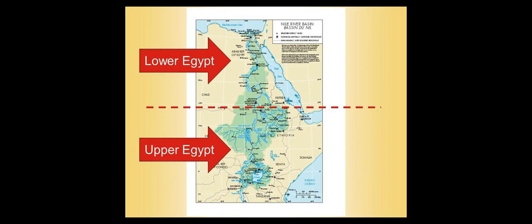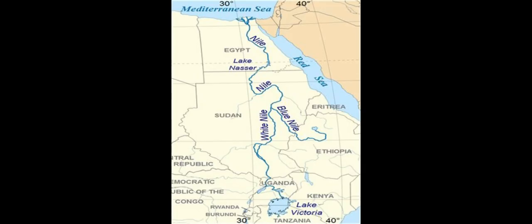Well, it has to do all with the Nile River. In this picture, you can see that the Nile River starts at the conjunction of the Blue Nile and the White Nile. As you move further north, the Nile River dips into the Mediterranean Sea. This means that the flow of water in the Nile River goes from the south and into the north, where it ultimately links in the Mediterranean Sea.